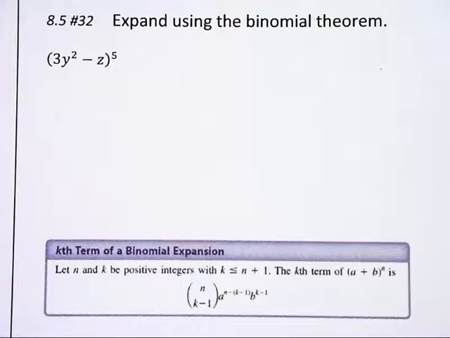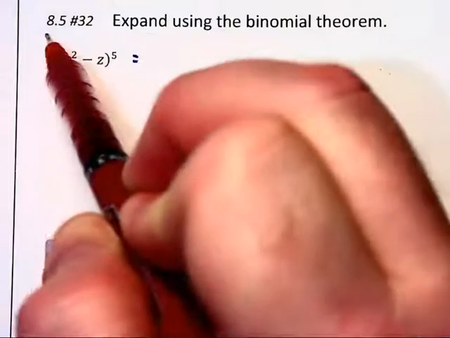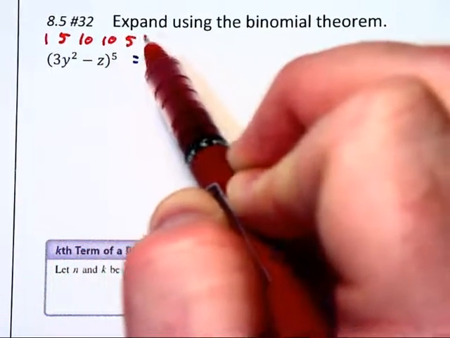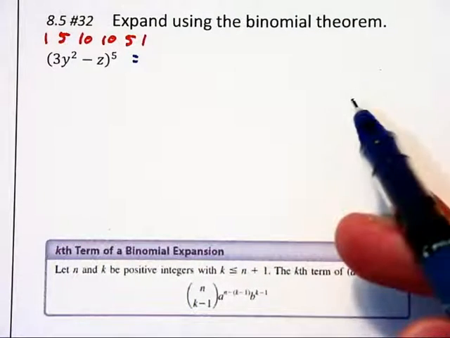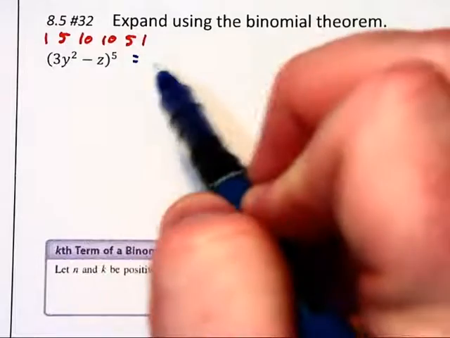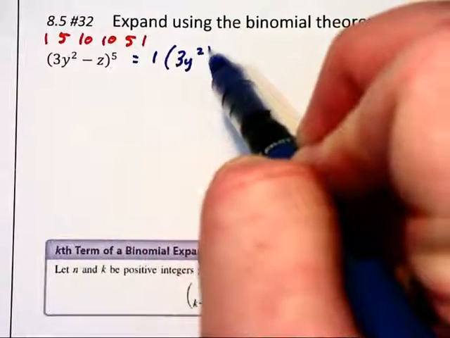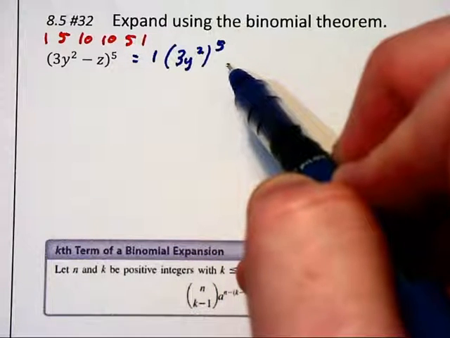And again it's to the 5th power. Instead of this combination, I'm going to go with my 1, 5, 10, 10, 5, 1, because it's so much easier to do that than having to go through all those combinations. We will have 1 times 3y squared to the 5th times negative z to the 0, so I won't write that,